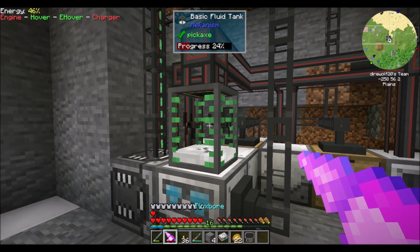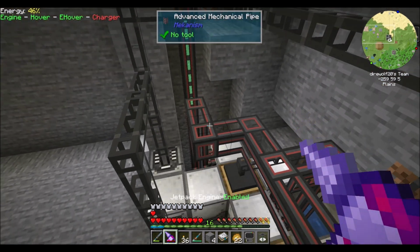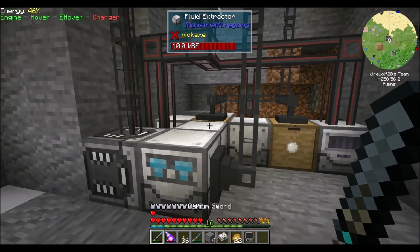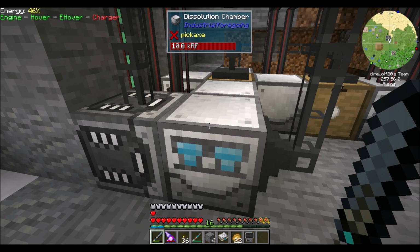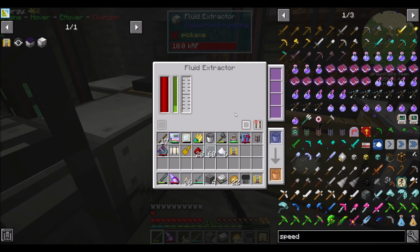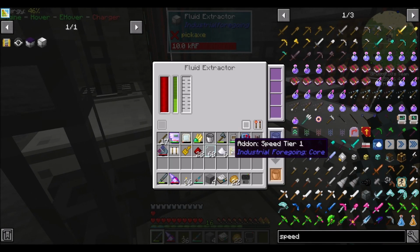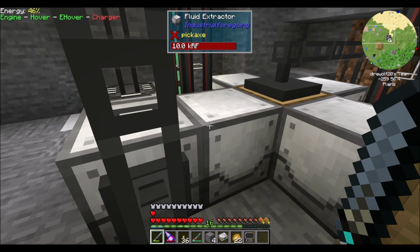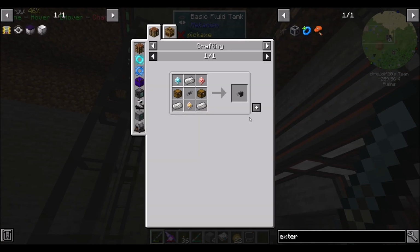Okay, so let's actually move you a little bit to, say, here. And then we're going to make it so that Extra Utilities, or Refined Storage, can access that. And let's get our speed upgrades here. That should be cool. And I'll throw one in you. That's definitely faster. Now, do you... Okay, yeah, you can't have more than one. Nice. All right, so that's at least a little bit quicker, right? All right, that's cool. And then what we want is an external storage here,